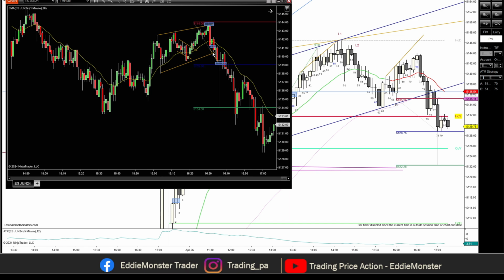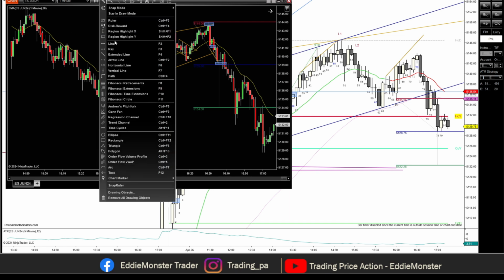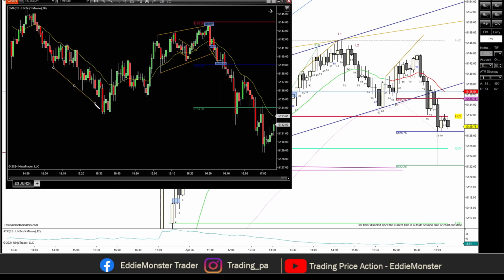So what I did was, this is 1, 2, 3 pushes down. This could be another wedge here, right? And then I wait for breaking out of this low here and get short. That's how you can trade wedges, right? For example, here in the 1 minute chart, you see here clearly 1, 2, 3. This is a perfect wedge. And how you can trade this is basically